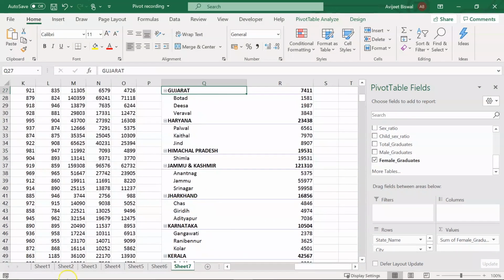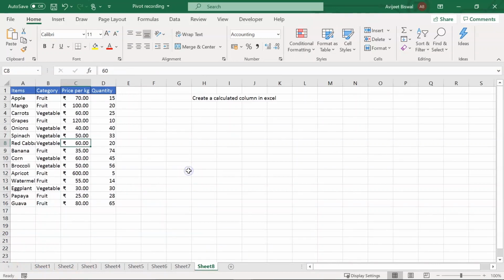Now moving ahead, in the next example I'll tell you how you can create a calculated field or a calculated column in Excel with the help of a pivot table. So in a pivot table you can create or use custom formulas to create calculated fields or items. Calculated fields are formulas that can refer to other fields in the pivot table. Calculated fields appear with other value fields in the pivot table. Like other value fields, a calculated field's name may be preceded with sum of followed by the field name.